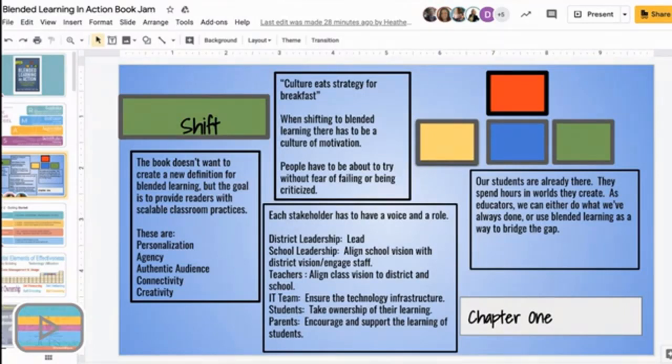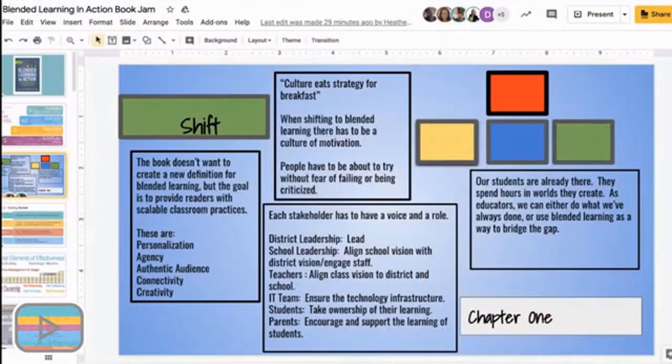So this chapter, again, when we first started our dig into reading it, you think about it in theory, and now a lot of the components that are laid out in chapter 1 are really coming into play with this NTI experience. And I think that it'll be really interesting to see how it continues in the fall and beyond that. And just to end, one of the things that the chapter says that I really thought was interesting is